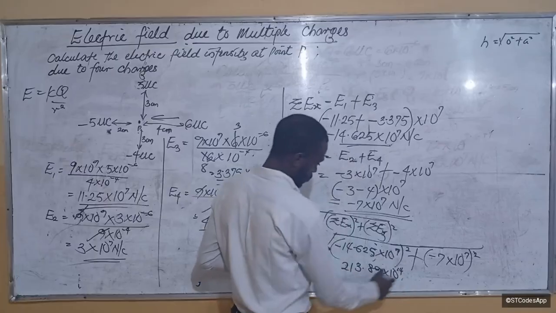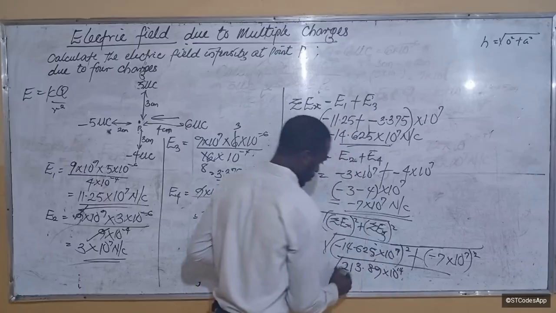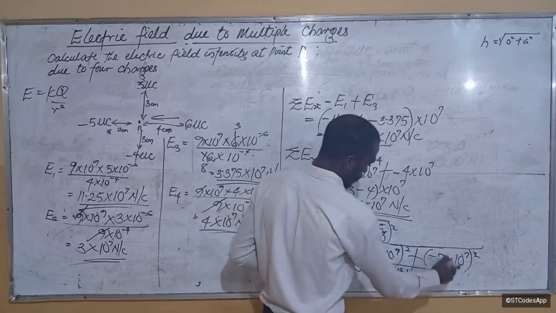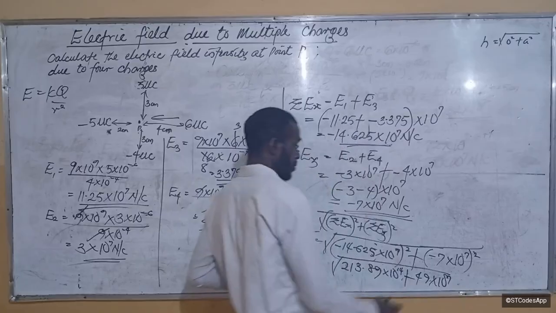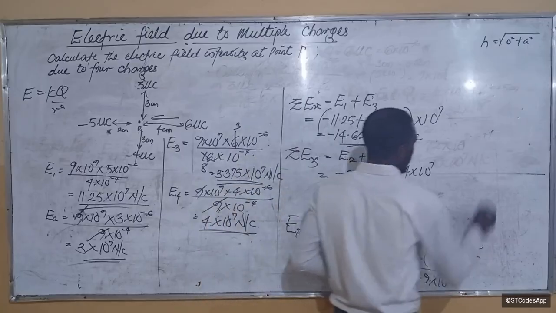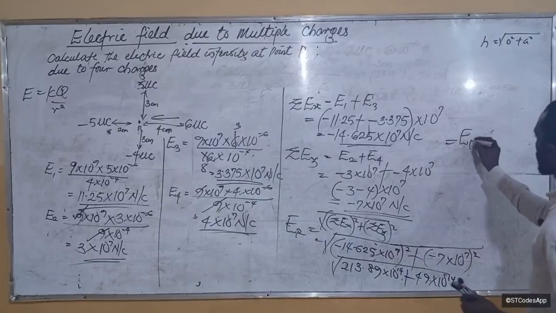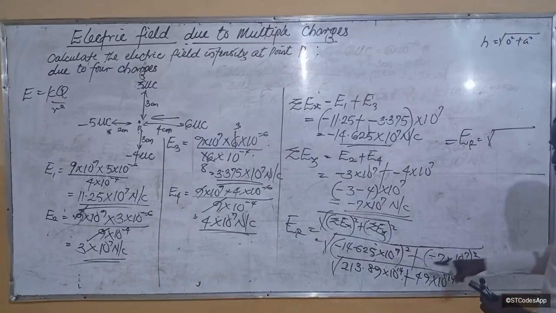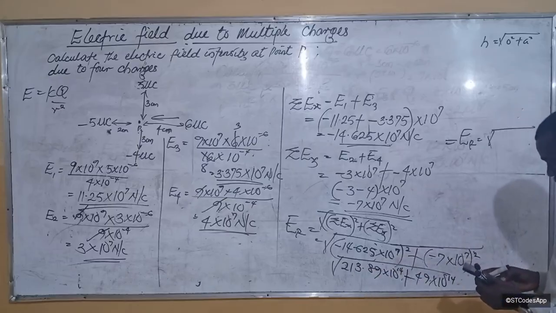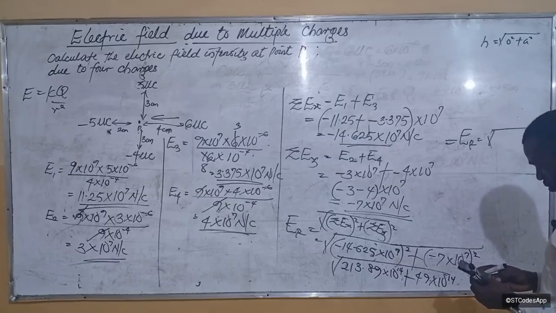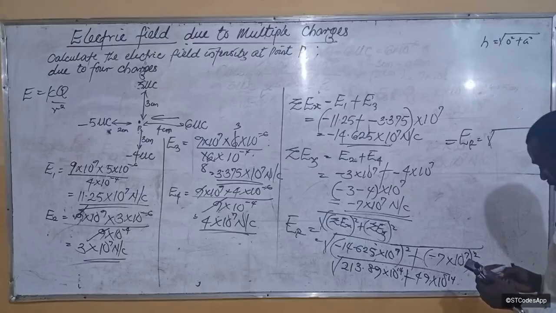If you square this one, it gives you 10 to the power 14. So the square root of all of this plus 7 squared is 49 times 10 to the power 7. Makes sense? 10 to the power 14. So by the time, what we have is E sub r becomes the square root of this one plus this one. That is 213.89 plus 49